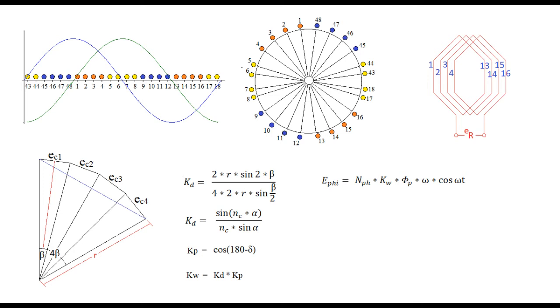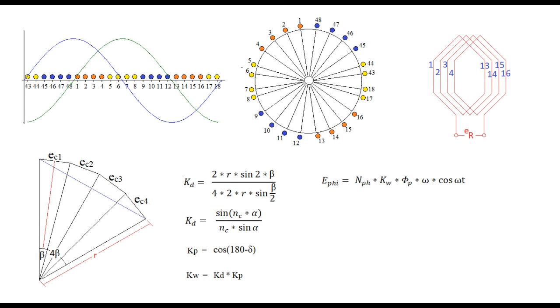If we connect finish of first coil with start of adjacent coil, then EMF gets added as a phasor sum. In case of armature winding, each phase may consist of integer number of few coils. If we consider cos(180 minus delta) as a multiplying factor corresponding to corded coil, then this factor is considered as a pitch factor Kp. In case of distributed coils connected to form a phase, their phasor sum is made by using geometrical method. As we may see on slide, various phasors of coils are connected to each other from tip to tail.